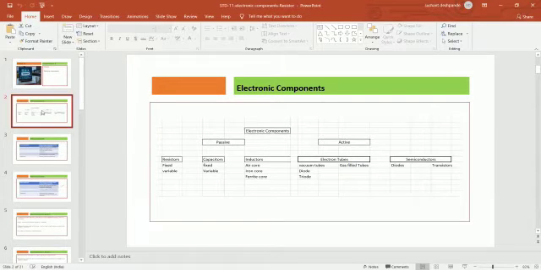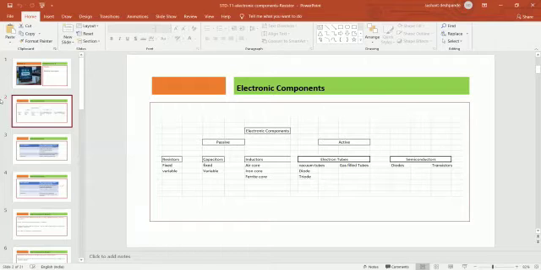So any electronic component is categorized as passive or active. Passive components are resistors, capacitors, and inductors. Resistors and capacitors are broadly classified again as fixed and variable, and inductors are classified as air core, iron core, and ferrite core. Active components are divided into two types: electron tubes and semiconductors. Electron tubes are classified further as vacuum tube, diode, and triode, and gas filled tubes. And semiconductors are divided into two categories: diodes and transistors.